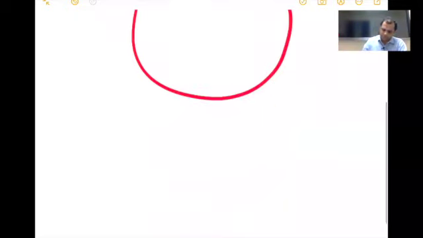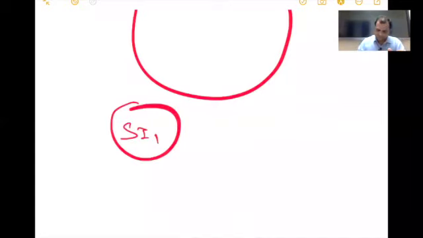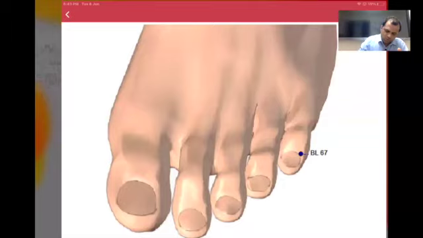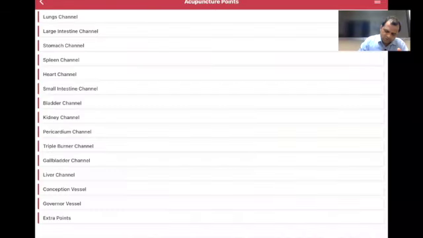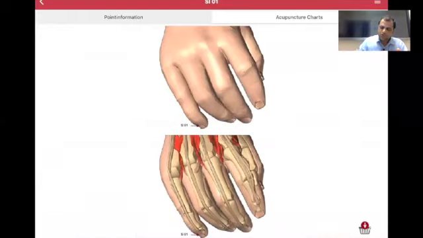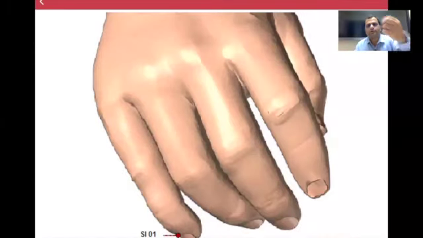Number 2 thing. Just stimulate the SI1, a single point. Just stimulate this single point and you will see you are feeling much better in your knee pain. I have seen many patients, with just one pressure with this probe. Just we are doing the pressure on the location of SI1.